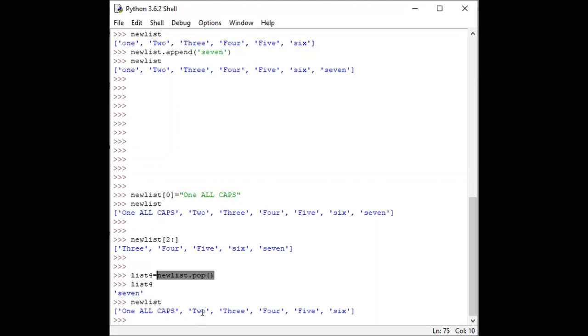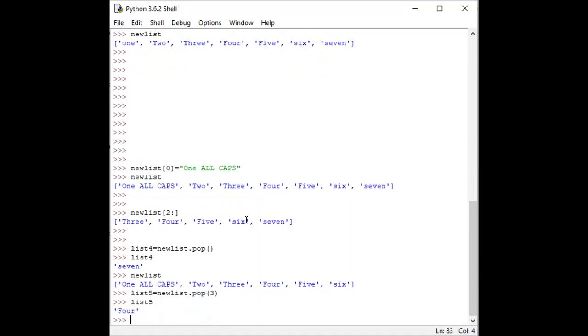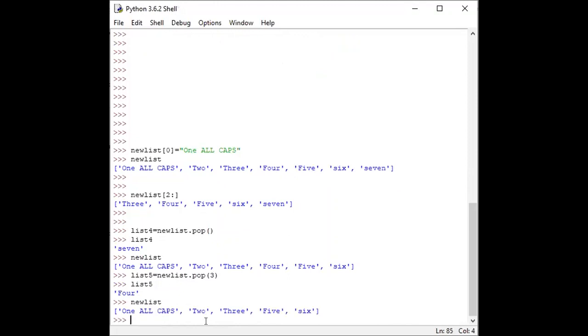For example, we call this again, and we place here list 5, another variable, and now I place address 3. For example, we want to pop the element at address 3 from the list. So we check here list 5. 4 is popped, and when we check in new list, 4 is now not present in this list. So this is the pop function.